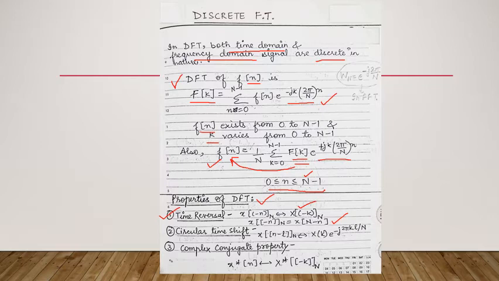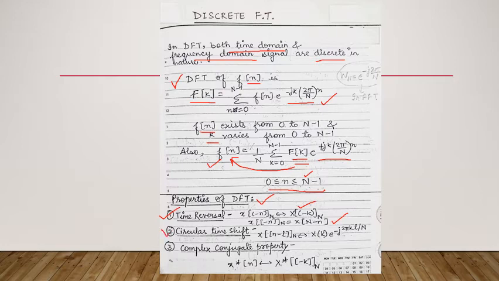This you will observe through signals. If you add capital N to time, it will not have any effect on the signal. This kind of phenomenon you have observed where signals are periodic. Suppose you have sin x, it will be periodic with a time period of 2 pi. If we keep on adding 2 pi to it, the signal remains unchanged. So this is the first property, that is time reversal.